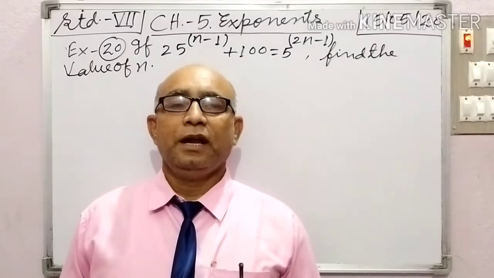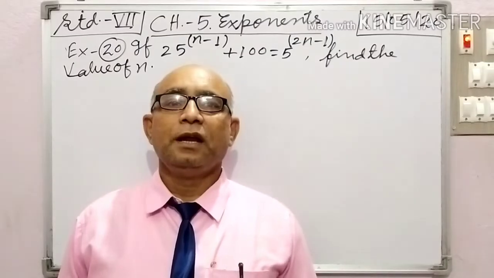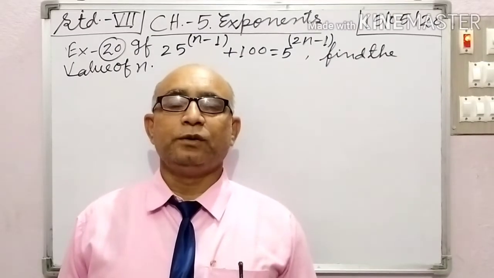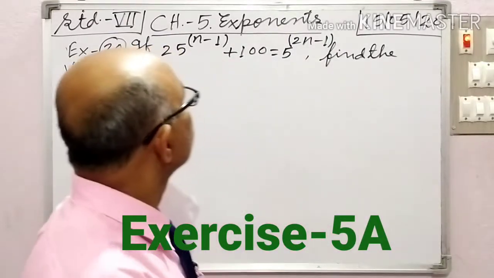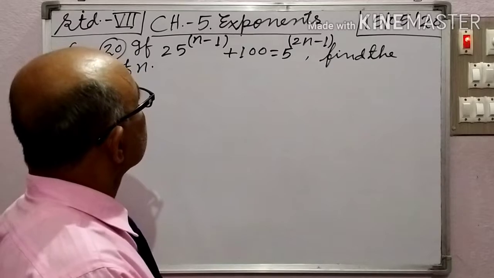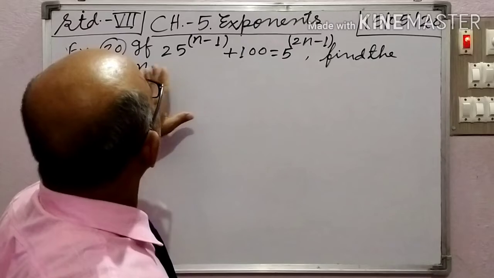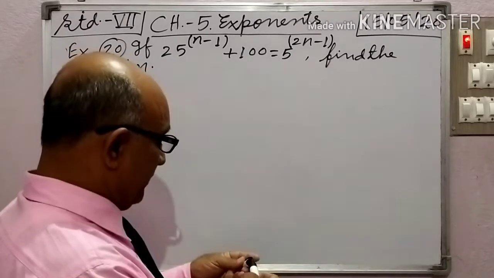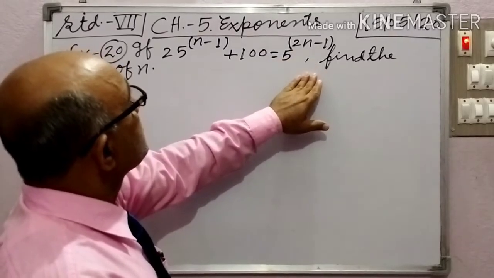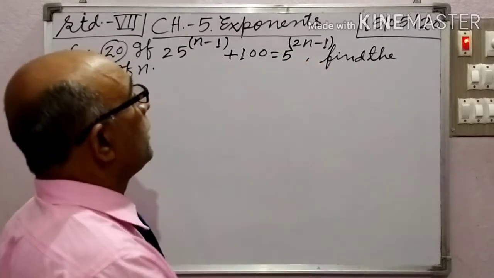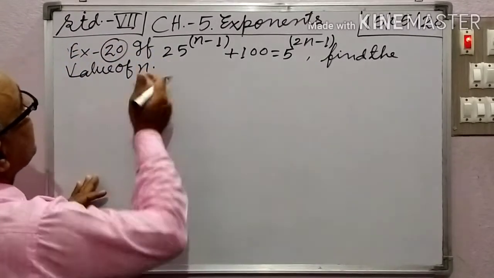Students, today I shall solve some important examples and some important questions of exercise 5A. Here, write example 20. If 25 to the power n minus 1 plus 100 equals 5 to the power 2n minus 1, find the value of n. Students, the question is